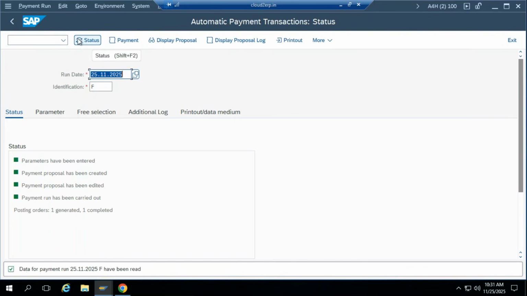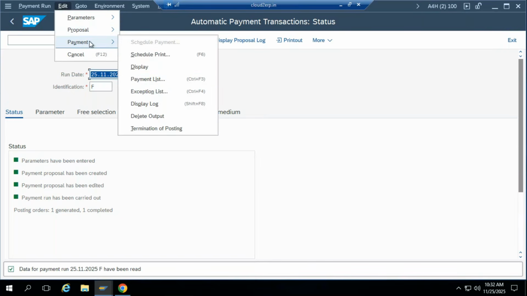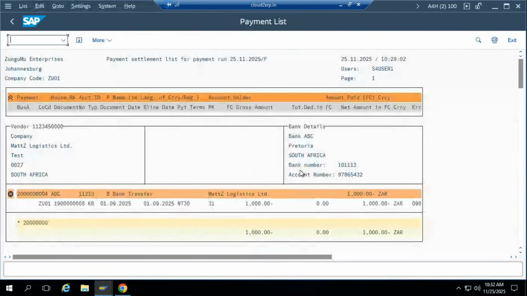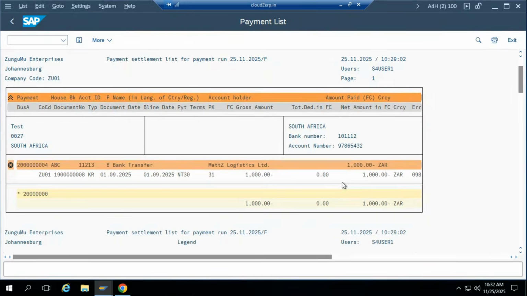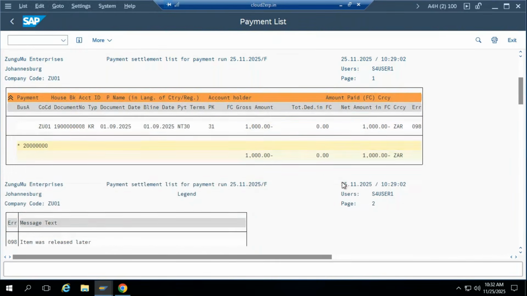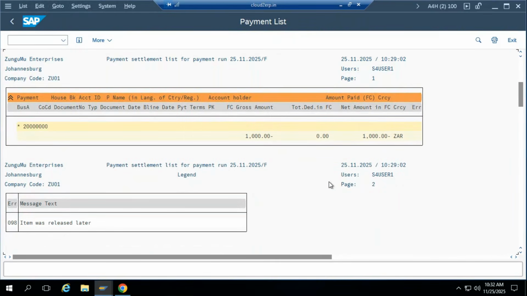We come to status. Posting orders: one generated and one completed. So we can come again to the system, to payment. I can look at the payment list. Showing today's date, these are the reports that have been generated by the system. Okay, so that does it for me. Thank you so